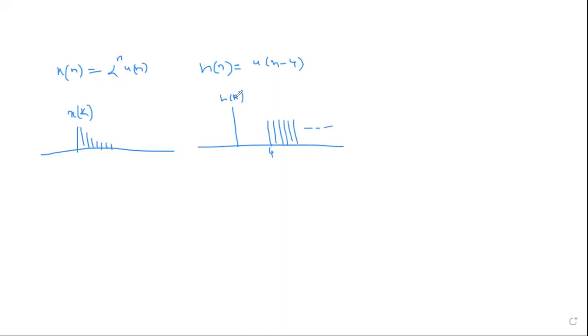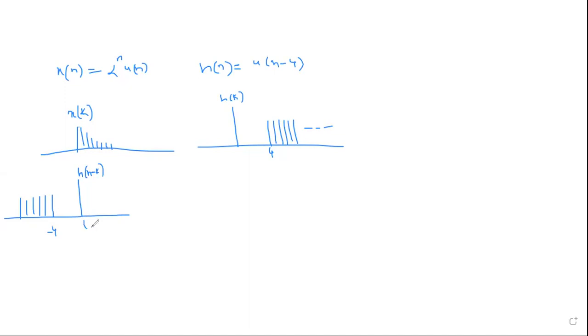Now, the same thing I have written as h of k. Now we will do the convolution thing. What we'll do now is write the mirror image of this. So whatever the value at 4 is now going to come to minus 4, and 4 to infinity goes to minus 4 to minus infinity. As I told you, I will call it h of n minus k, which is h of k only with 0 shift.